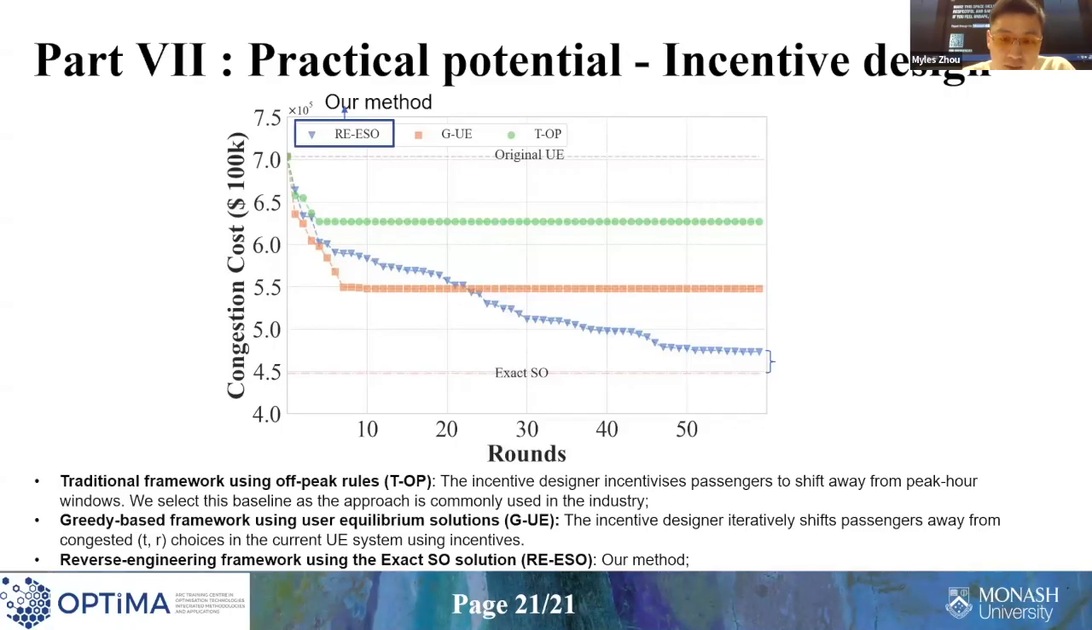from the congested area to the alternative area. Our method is called the reverse engineering framework using the exact system solutions, i.e. ESO. This is the idea that we keep comparing the existing system with the ideal optimal system. Then we will update the incentives. The main difference between our method and these two baselines is that the two baselines don't need to worry about the system-optimal solutions. They just keep using their preset rules to set the incentives. But we consider the optimal solutions. And we can find that our method achieves a congestion cost very close to the exact system solutions